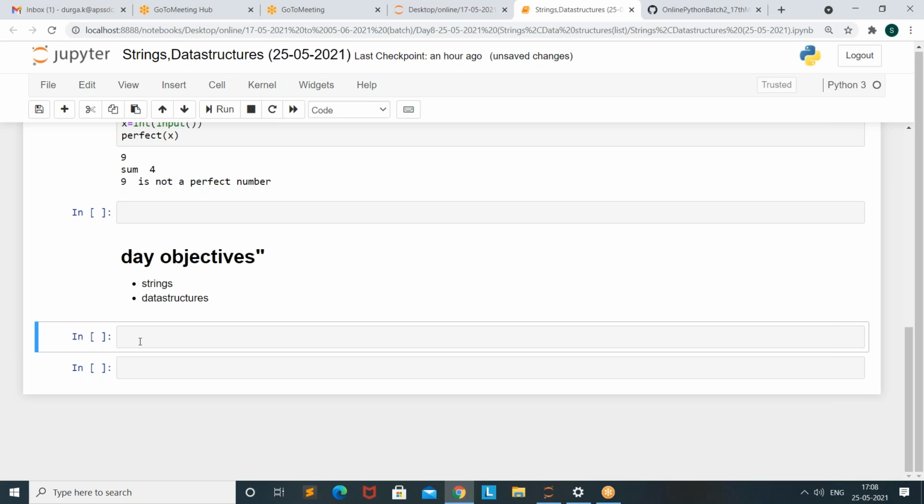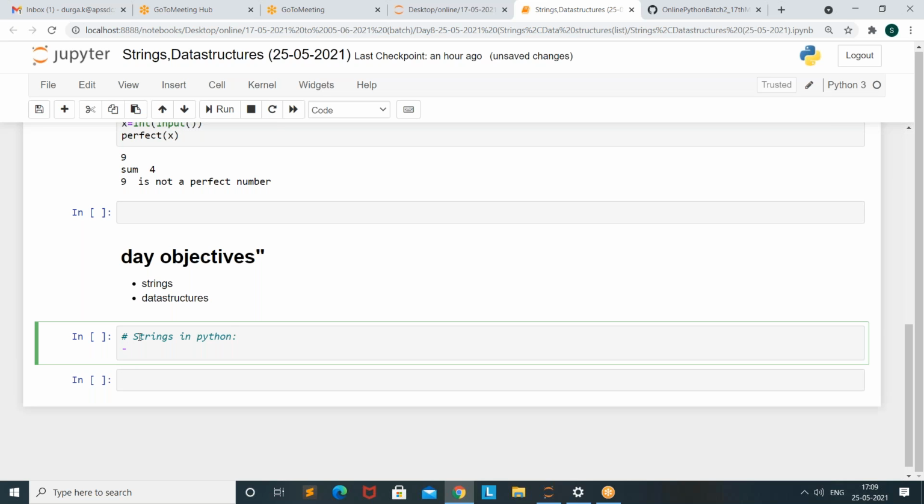So what is meant by a string? Array of bits. Group of characters. Yeah. So we already know that a string is a group of characters or a sequence of characters, right? Yeah, a collection of characters also.